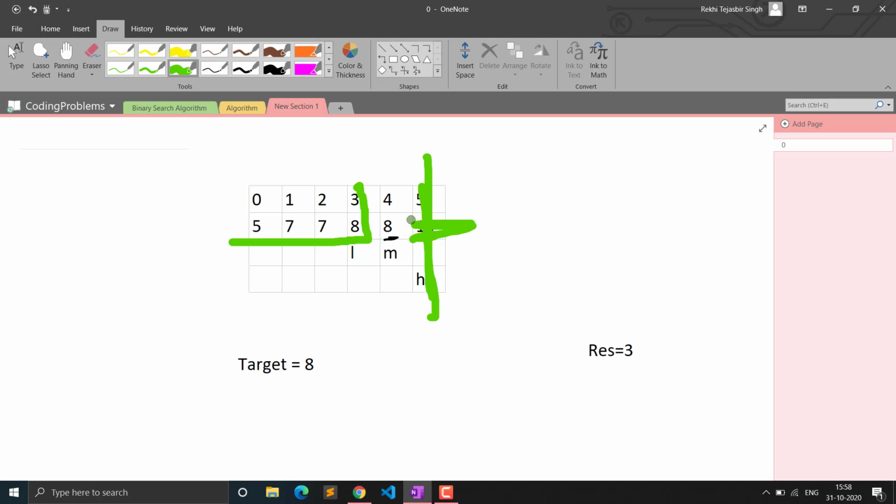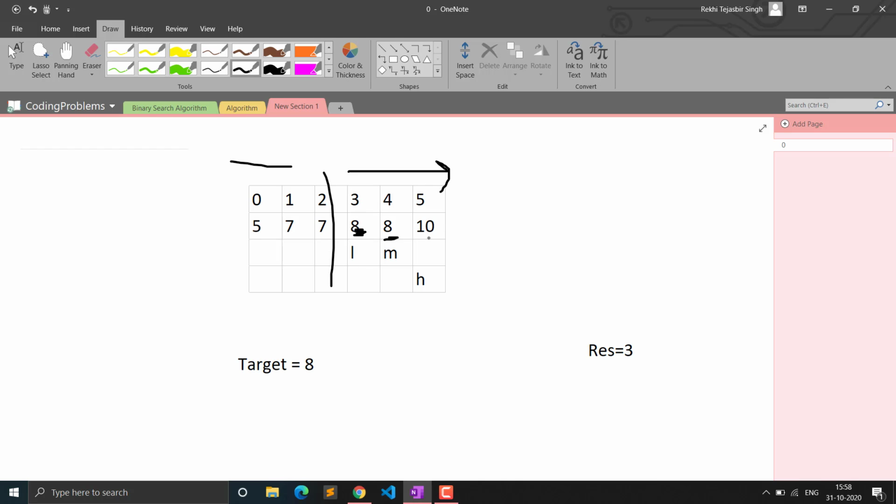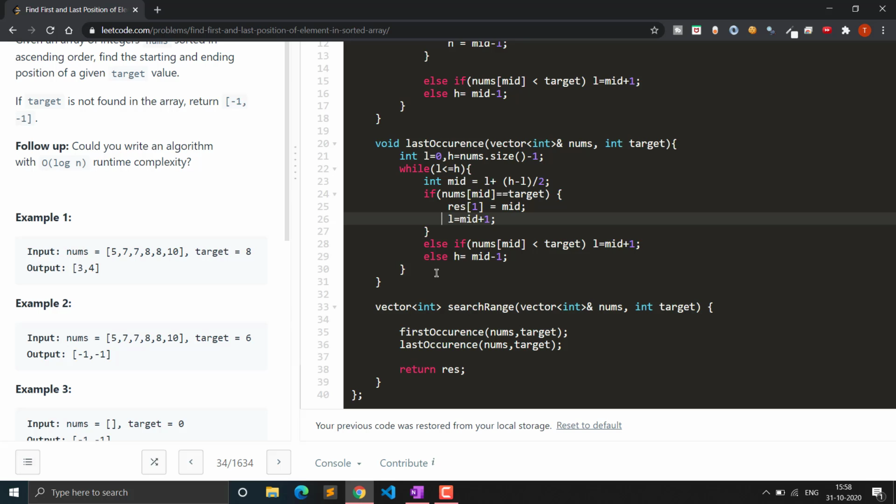Now if we are searching for the last occurrence of a particular element and we are at this point, it will most probably be on the right side, not on the left side, because the left side will have the first occurrence. So if it is the last occurrence we are searching for, it should be on the right side. That is why we will set our left to mid plus 1. So it will be searching on this point, not on this point. That is also a key thing to note.